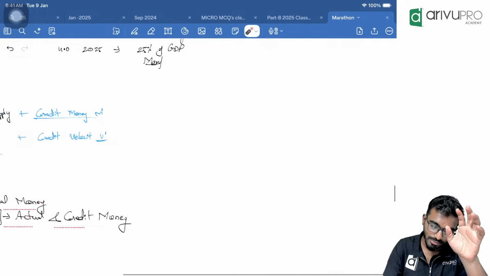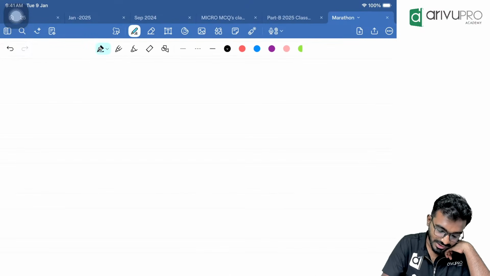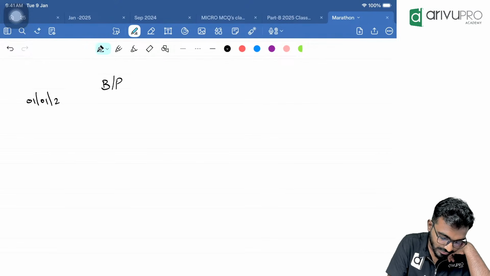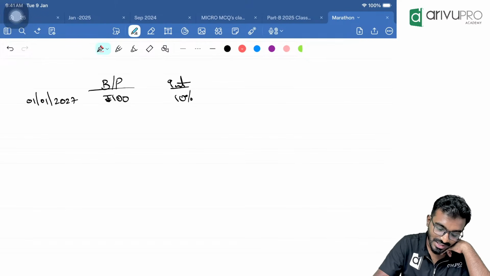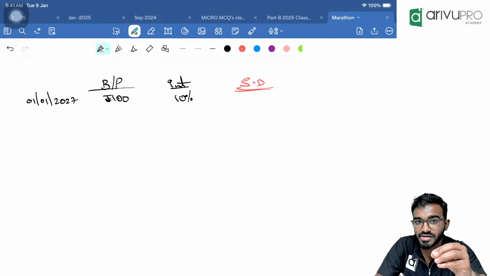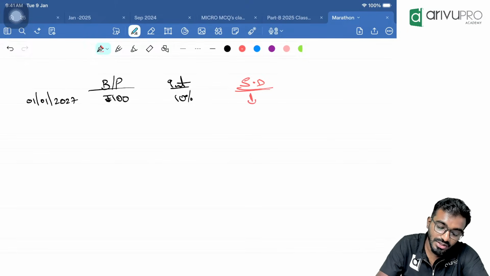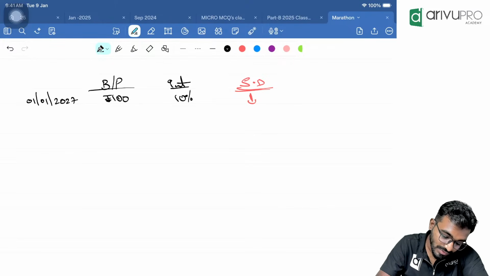Let's take up one example. Assuming I'm investing on a bond market. So the returns on bond is interest. Let's say the bond price on 1st of January 2027, consider 2027, which is 100 rupee. The interest rates in the market, assume 10% high interest rate. Now when interest rate is high, you tell me speculative demand, will you keep money in your hand? Simply that money in your hand? No, because interest rate is high, opportunity cost will be high. So you will keep less money in your hand. Speculative money will become less when interest rates are more. See, this is what we said, inverse relation.